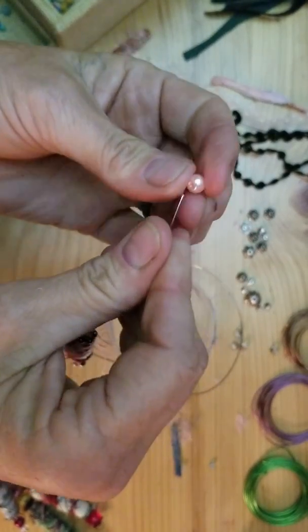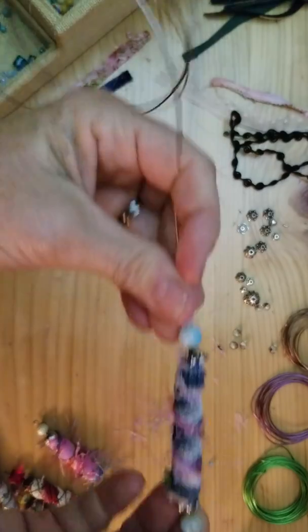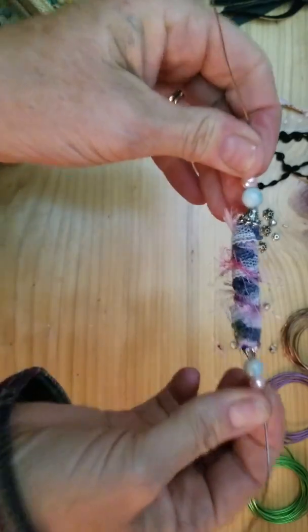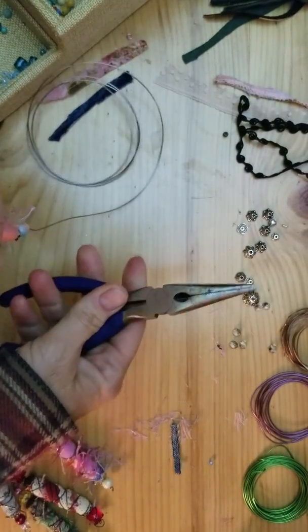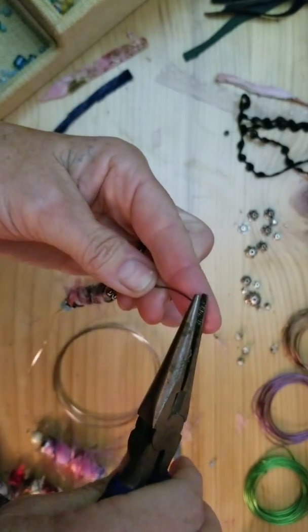And then there we have it. Okay, so now that's it. So you got everything that is going to go on the bead all right here. Now I need to get my needle nose pliers, and I'm going to grab the end of my wire, and